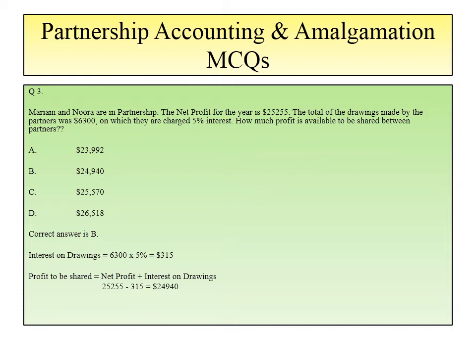Okay, now this amount is to be divided according to the already agreed ratio of the partnership between the partners. This is the amount to be divided in the appropriation account. We go to the next slide. Question.